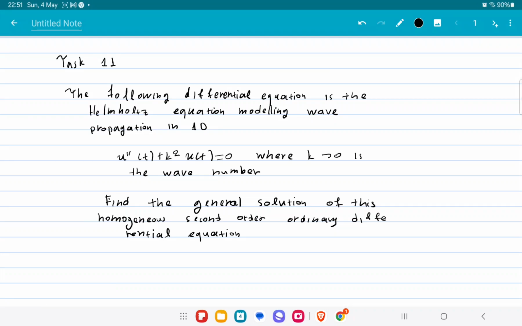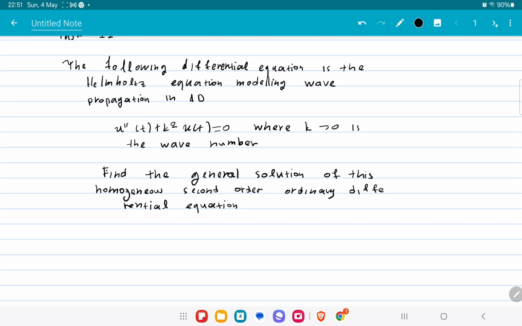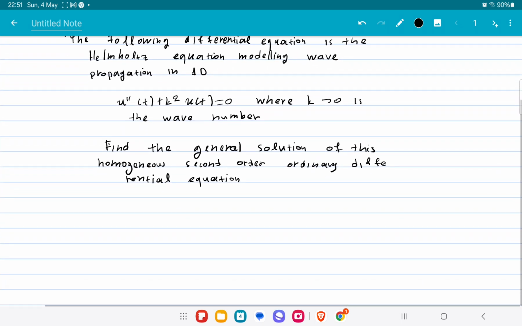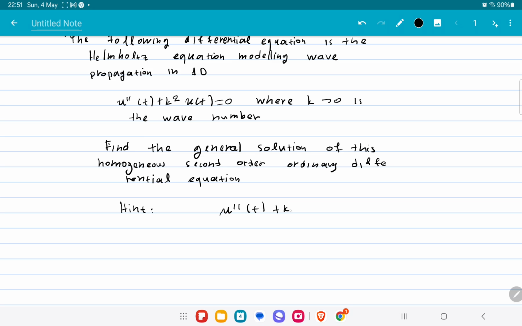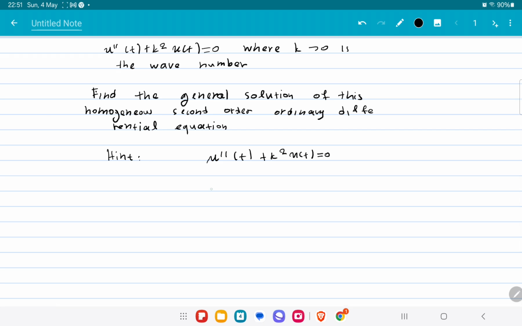Alright, we have this second order homogeneous differential equation, which is the Helmholtz equation in 1D, and we want to find what is the general solution. Here I'm just going to give you a hint. The characteristic polynomial for this one is lambda squared plus k squared, or you can write it